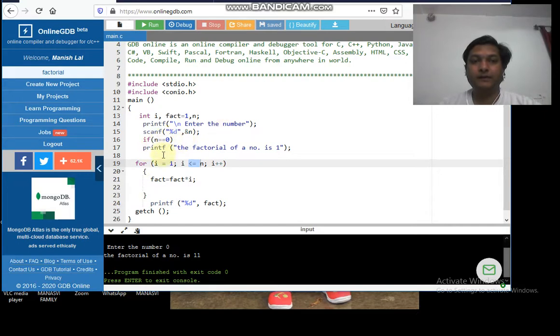Suppose we have entered the value of n as 0, so this printf statement is going to be executed.